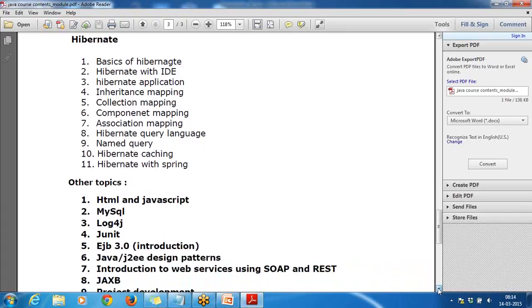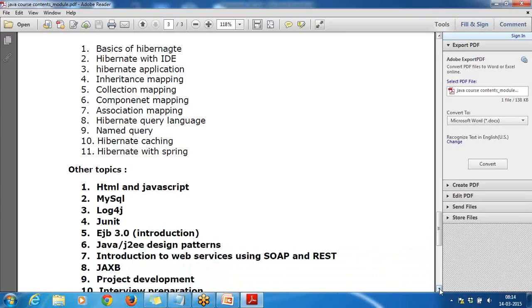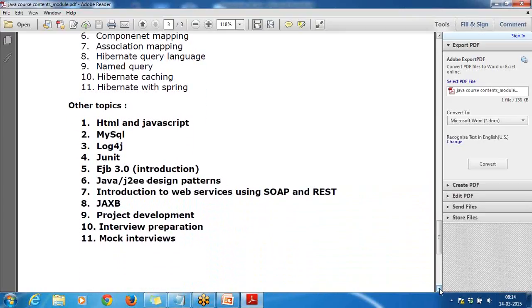Alongside, we'll be working on supporting tools like HTML and JavaScript, MySQL, Log4j, JUnit, EJB. I will be working on Java design patterns, and we'll be understanding the design patterns. I'll be introducing you to how to create a SOAP web service and a REST web service.